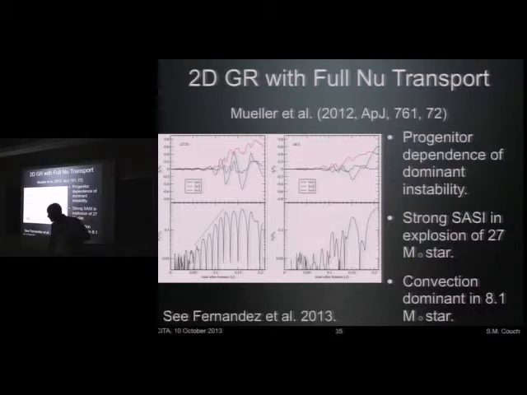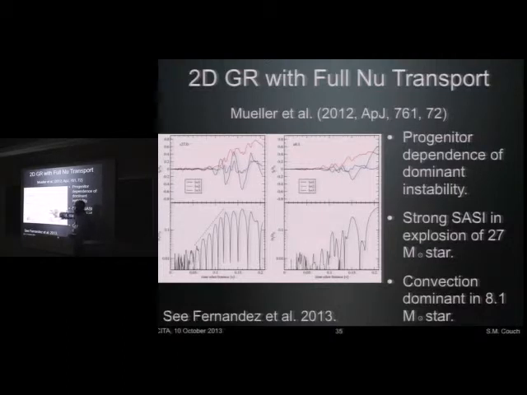Now, when you say SASE versus convection, how close to an explosion is one getting here? So the S27, I think both of these models explode. Okay. Both of these models explode. And this is another thing that Rodrigo goes into in his paper, is that it's not just an explosion versus non-explosion thing. Because that's actually what we see in our paper, is that the exploding models don't have a very strong SASE. The non-exploding models, both of them show really strong SASE. But Rodrigo goes into this and shows that there is actually 2 different explosion regimes. Some explosions can be dominated by convection, while others are dominated by the action of the SASE. And I think that's also what's going on in these 2 2D models.